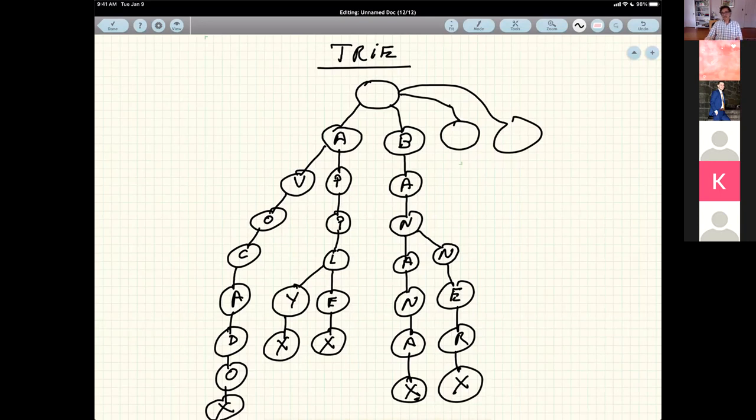this is a trie. Your book has a whole section on tries and discusses the insertion and lookup and finding and stuff like that in it. Please take a look at that. I'm not going to spend that much more time on it in class. It's an interesting data structure. We're not going to do much with it in this class, but it's a very interesting data structure to know about. Okay, any questions before we say goodbye to trees and tries?